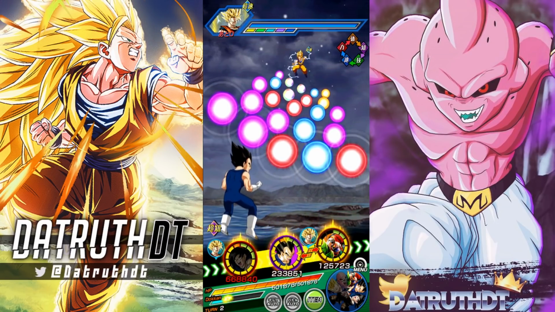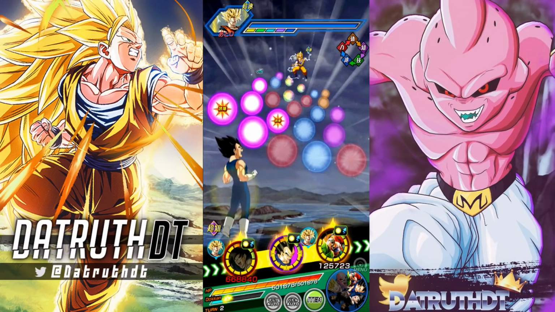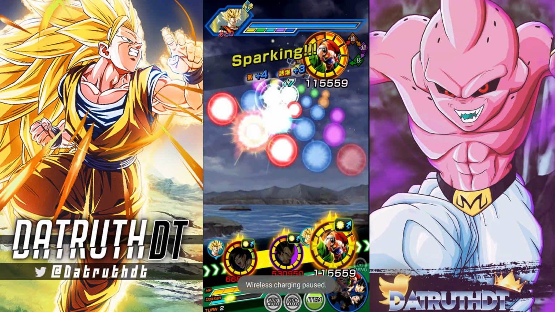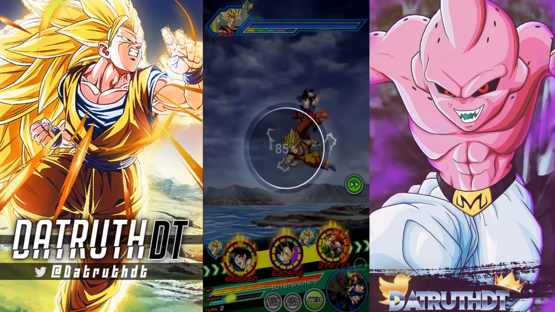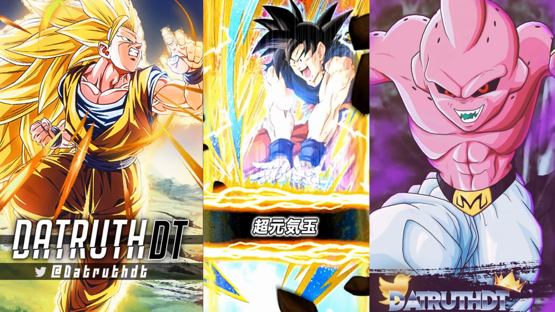Remember, with the Goku and Vegeta together, they have a lot of their links active. 238k. I mean, that's good. 238k defense, I'll definitely take that. That's not some horrible number or something like that. But it's just...